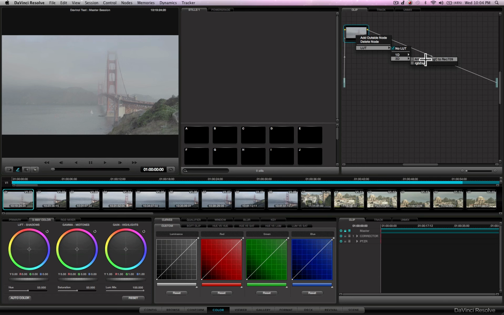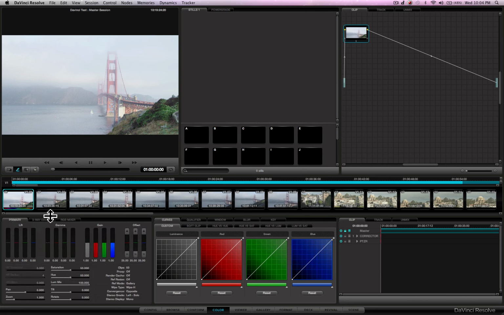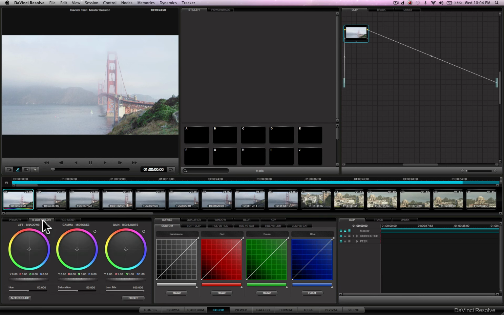So I'm going to go ahead and click that, and you'll see the change that it makes to my flat log color, log gamma footage. And you now have a much more vibrant, traditional Rec 709 look to the footage. You also have tons of controls. You have your three-way color corrector system here. You have a primaries adjustment and an RGB mixer. You can tweak your lift, gamma, and gain and the color bias of each. With this, we'll take that down a little bit, lift our mids,